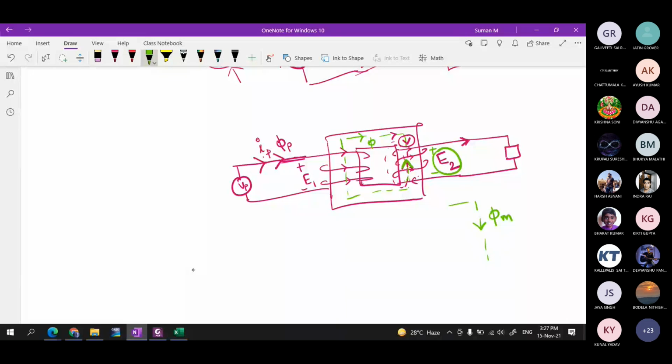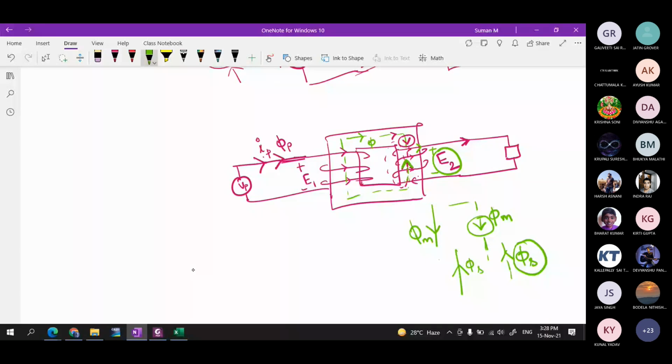So in order to oppose that, it should have some current which is flowing in this way, so that I want this flux to be opposed. So the current which is flowing through this path should be having a flux which is opposite in nature. Let's say that this is phi s. The phi s should be generated in such a way that it is opposing the very cause of it. The actual cause is from top to bottom, and this current on the secondary side should establish some flux that should be in this direction.